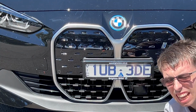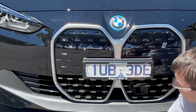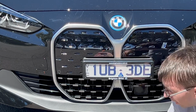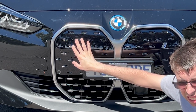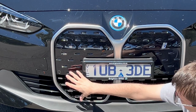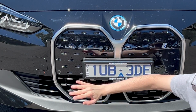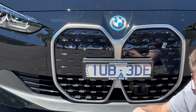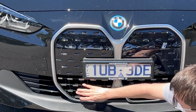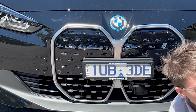Let's start by addressing the elephant in the room, the grille, or the lack of grille, in the plastic material here. Now, with this being an electric car, and obviously this comes along with some tax benefits, which I'll get onto later. This grille thing, if it's a petrol one, it's going to be full, so that you get the airflow to come in to cool the engine down. Yes, whilst I understand it'd be nice to have some of the elements remaining of a petrol car,